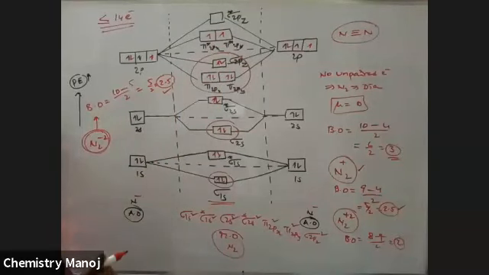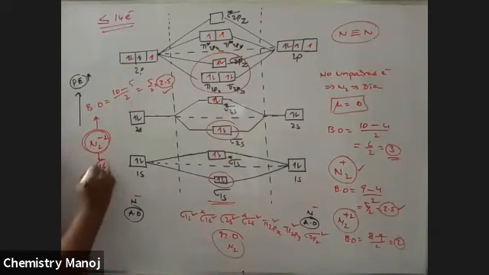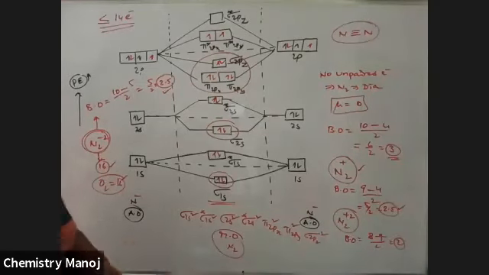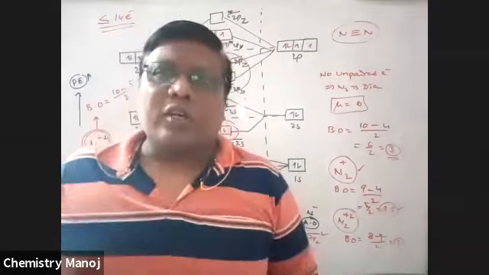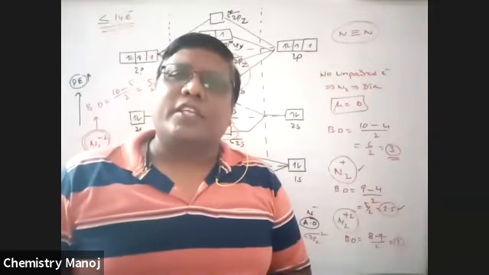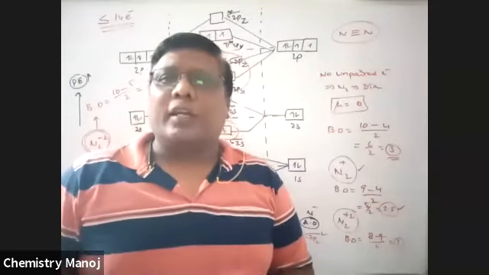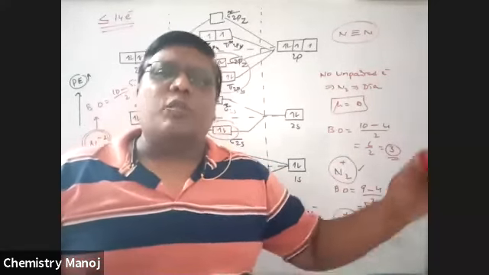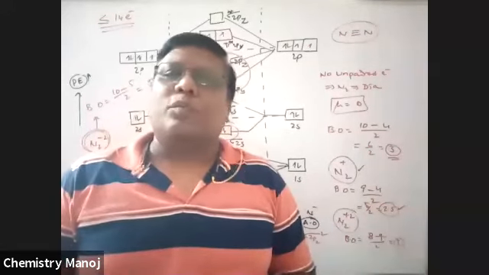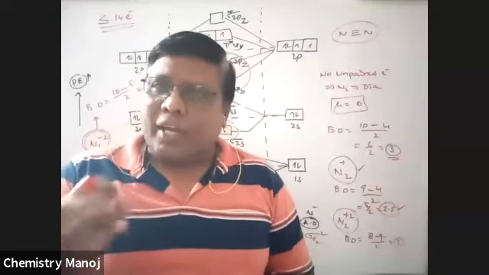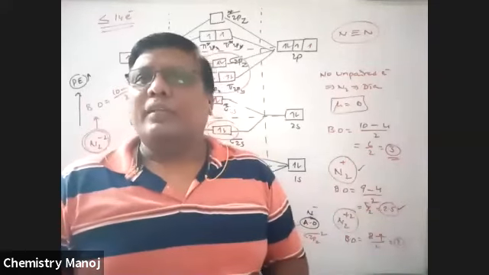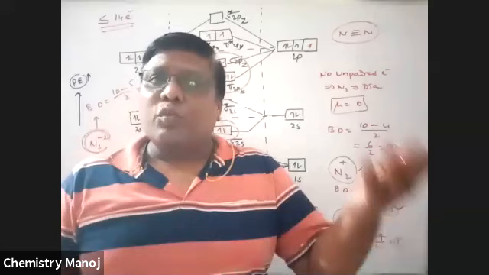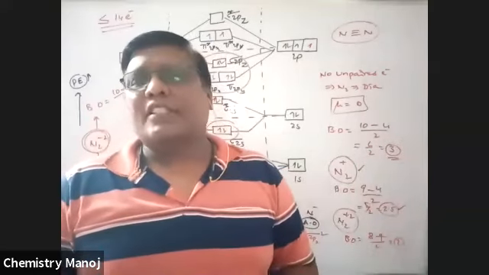It is similar to O2. N2 2 minus has 16 electrons, and O2 also has 16 electrons. Electrons are the same, and bond order is also the same. Those species are called isoelectronic species. Isoelectronic species have the same bond order. So O2 bond order is 2, N2 2 minus bond order is also 2. But N2 2 minus is less stable than O2, because it is negatively charged and 2 more electrons are added, so it has less stability.